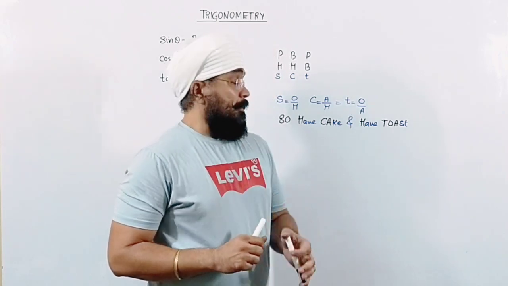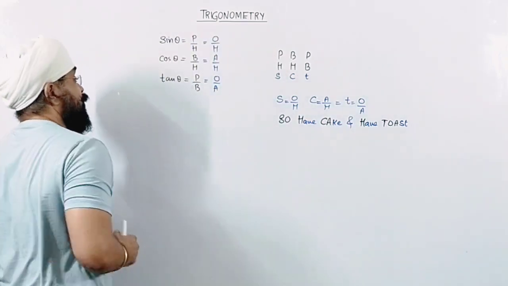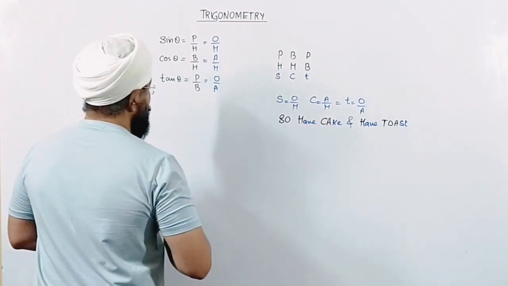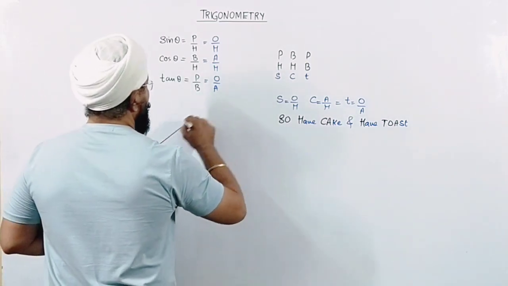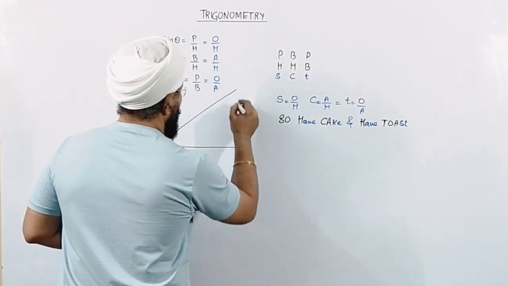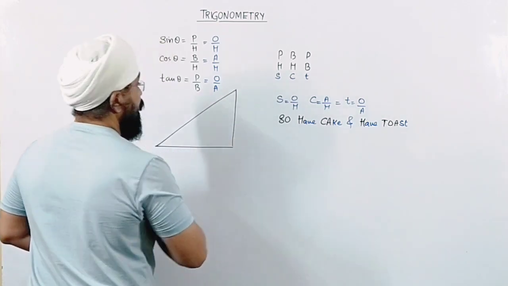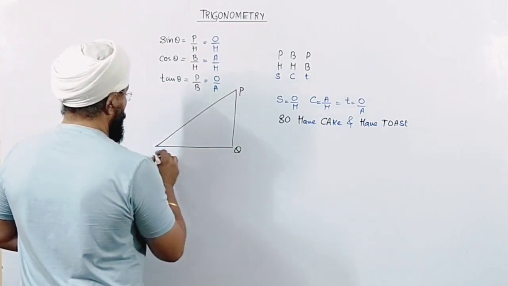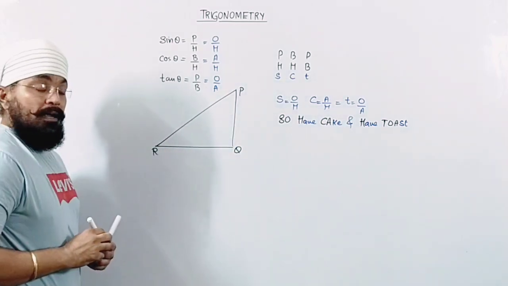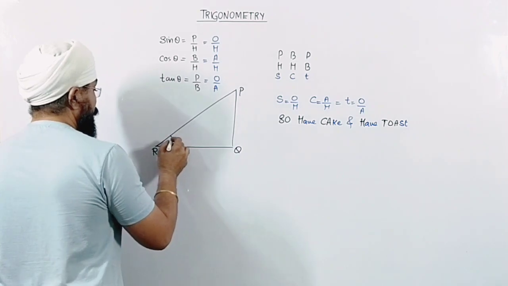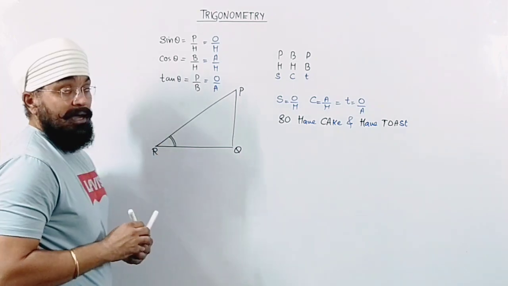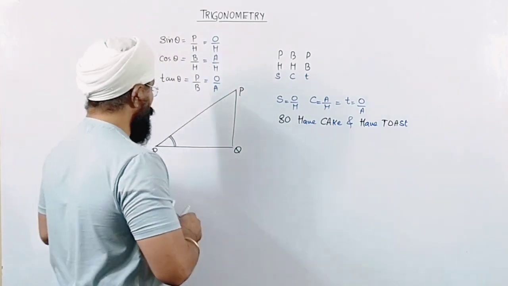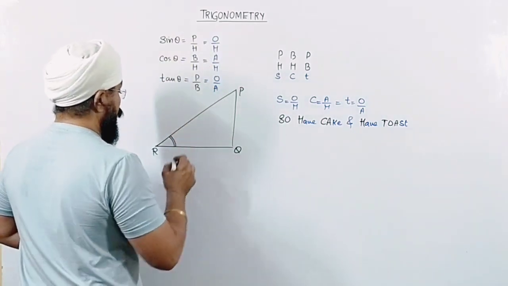So let us take a few questions dealing with this particular trigonometric format. That means if I'm drawing a triangle over here, let us take a right angle triangle. Let the vertices be PQR. Clear? And I want to find the trigonometric ratios for this angle R. If nothing is written, I can use that corner name R. So we can write this one here just to recall the things.